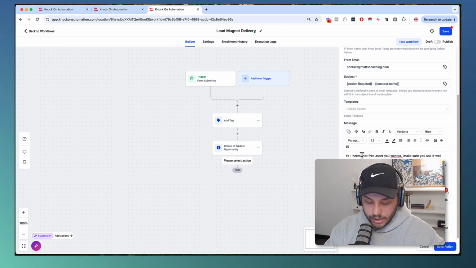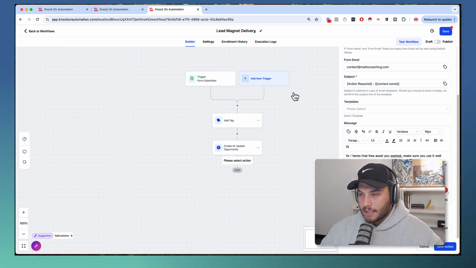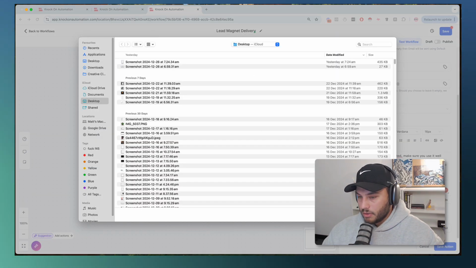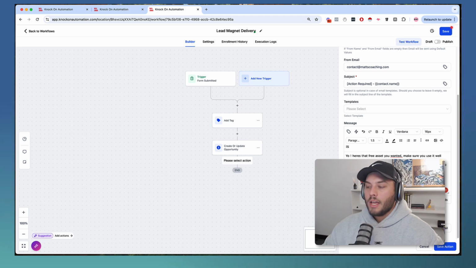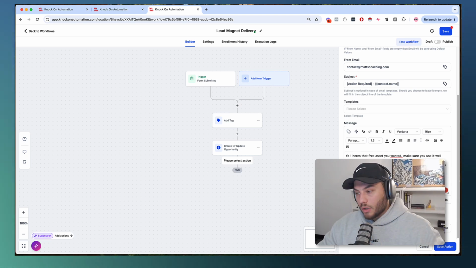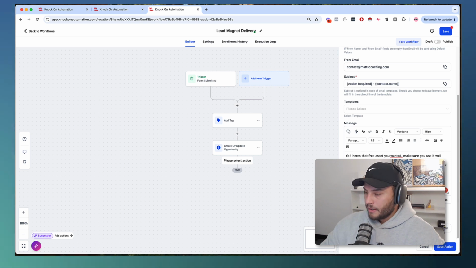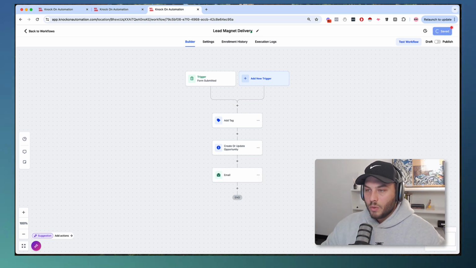And then you would just have your booking link, and you would add the attachment, which I'm just going to not do because it's just a bunch of screenshots. You would add the deliverable here, or if it's a Google Drive link, you would be like, here's the link to the blueprint, and it would be like google.com/drive link, right? So you would then save that, and you would save this, you would turn it on,